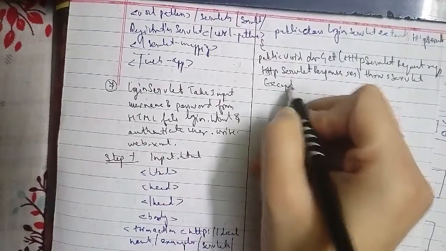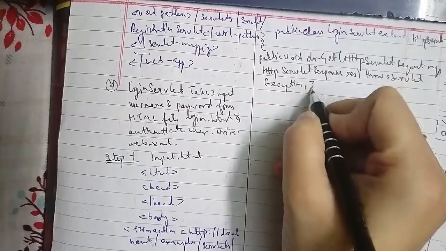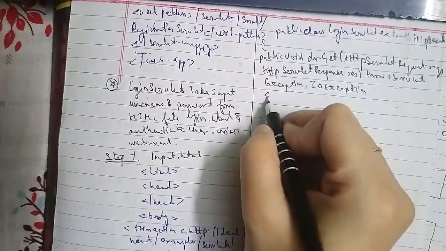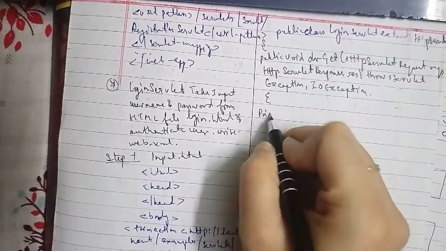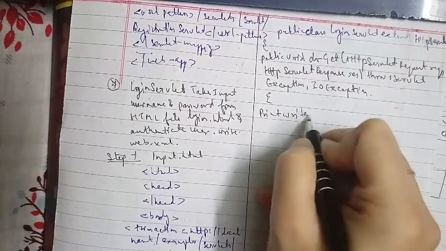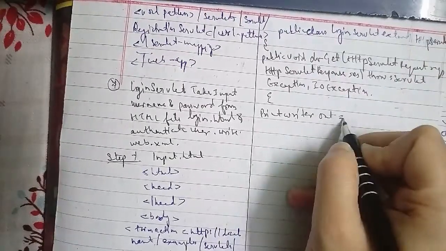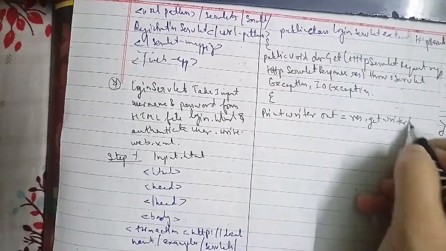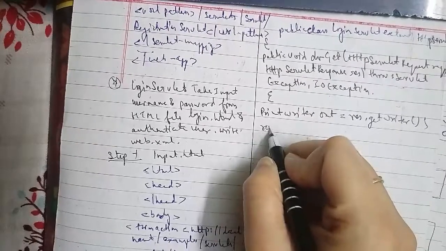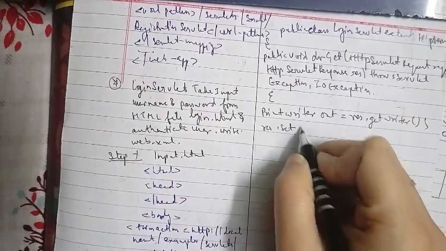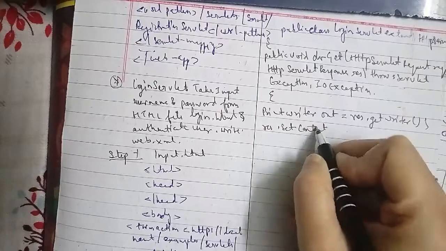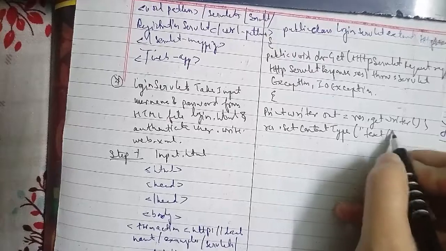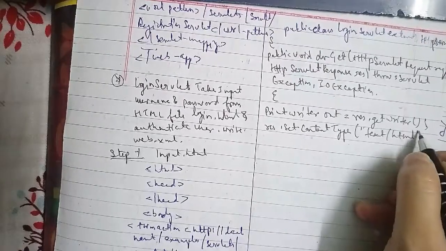then res dot setContentType, that is equals to text slash html, then String username equals to getParameter, that is your starting with uname,